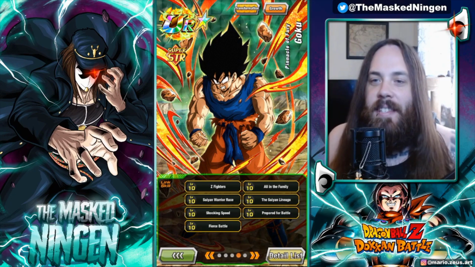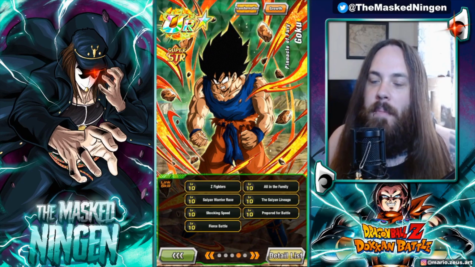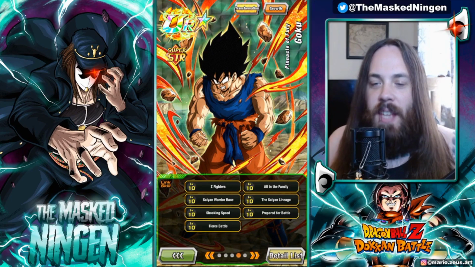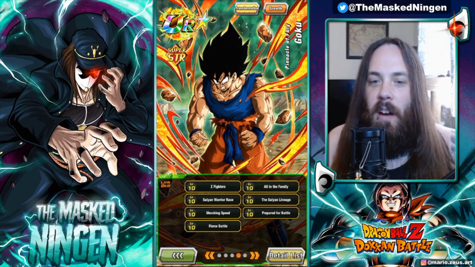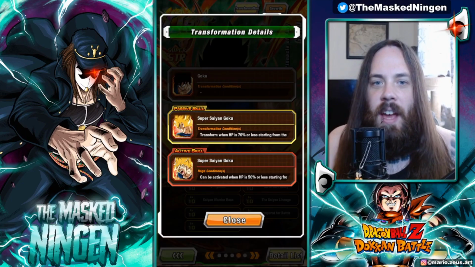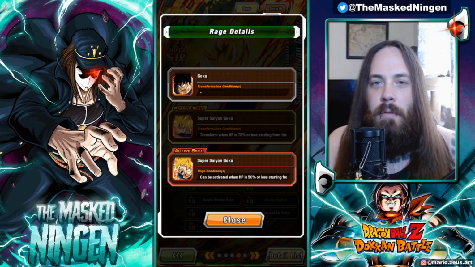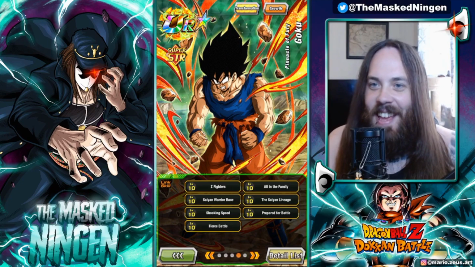Today we are going to talk about STR Namek Goku and the possibility of him getting an EZA. If he was to get an EZA, what would it look like? I did post recently that I've been leveling up his links. I think I tweeted out yesterday the screenshots that he is finally done. Full level 10 links, so it's going to be a little bit annoying if he doesn't get an EZA, but